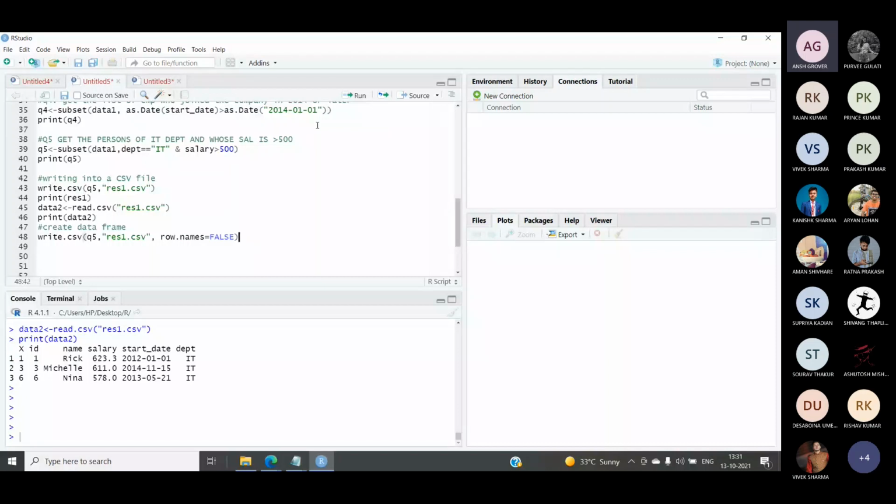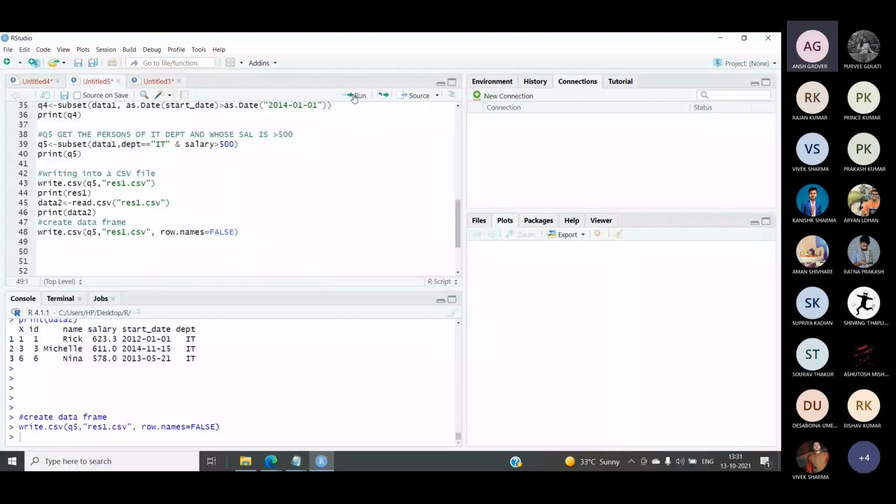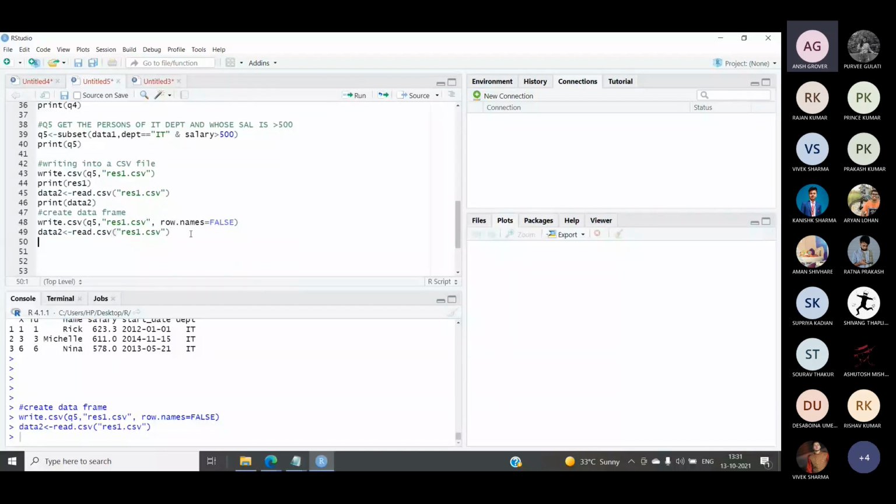So let's run this. Now we have done this. Now let's run this command once again. Done. Now let's print data2. Print data2.